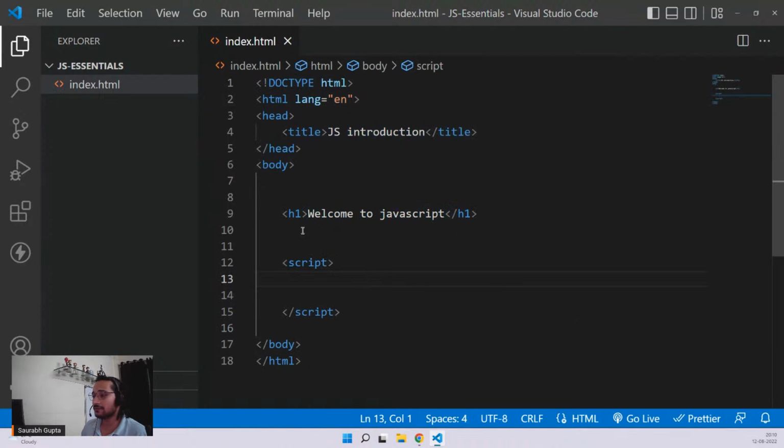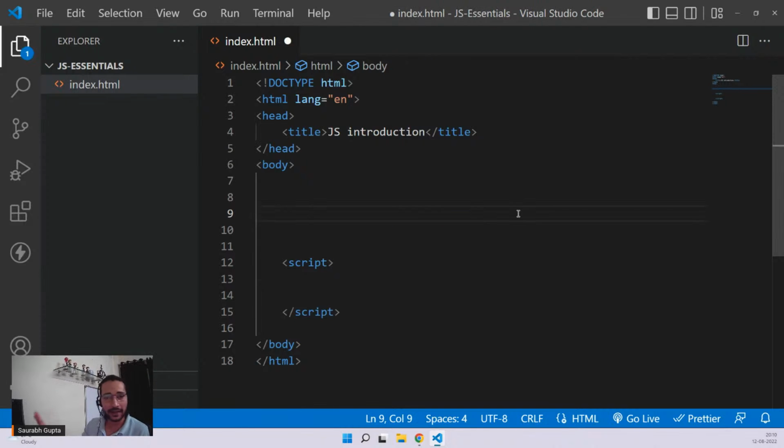So again, same stuff. But today, guys, we are focusing more on DOM manipulation. That's why we'll create some elements here. So let's create some dummy elements. Let's say I create a P, or